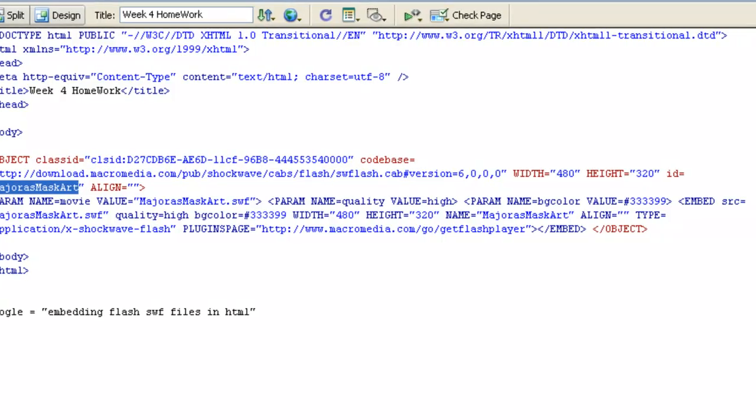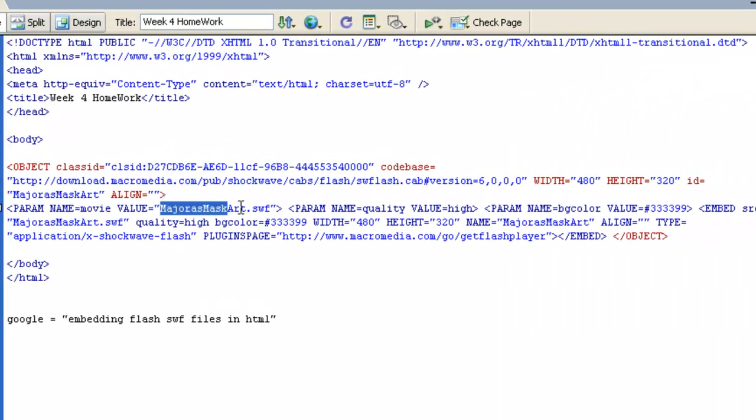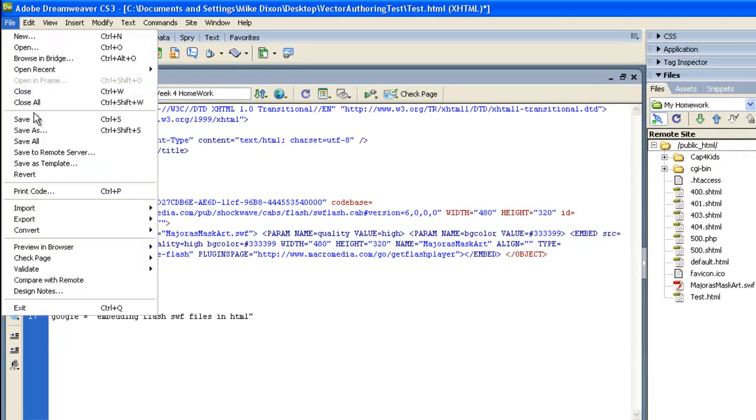You can see it's the SWF right over here in the library, and anywhere where it asks for the SWF, I needed to put a name, and right here I need a file too. So just make sure you fill in your information, but other than that you don't have to worry about all the other code. Just work with what you know, and that should be fine. So we're going to save that